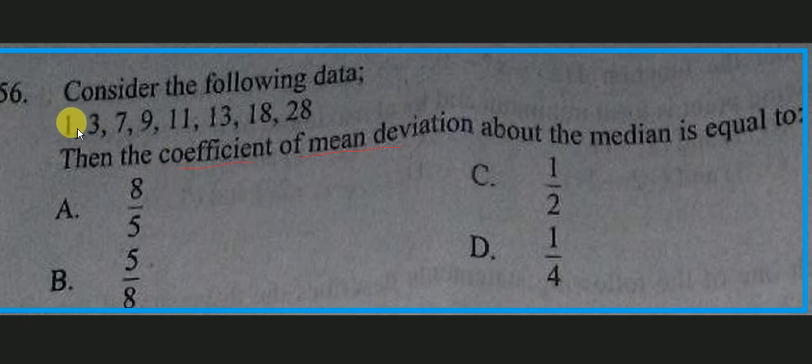Problem number 56: consider the following data 1 3 7 9 11 13 18 28, then the coefficient of mean deviation about the median is equal to what? በተከታታይ የስታቲስቲክስ ጥያቄዎች ናቸው የተጠየቁት then the coefficient of mean deviation ቀደም coefficient of quartile deviation ነበረ አሁን ደግሞ coefficient of mean deviation ነው የተጠየቀው ስለዚህ ዴፊኒሽኑን ማስታወስ ግድ ይላል ማለት ነው